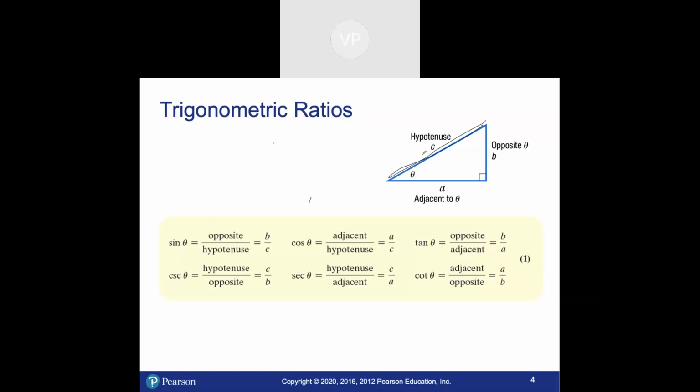It's always still a trig function of the angle. Notice it's sine of theta, cosecant of theta, cosine of theta. So everything revolves around where this theta is. The hypotenuse is always the long side across from the right angle. Now, adjacent side is the side that's touching the angle. When they say adjacent, it's adjacent to the angle, right next to it. And the opposite is the side that's furthest away from the angle. And that's important